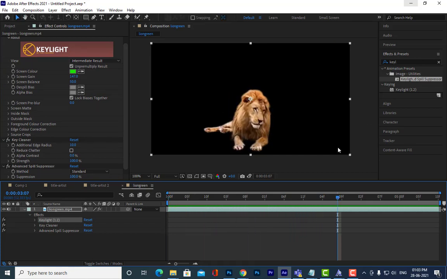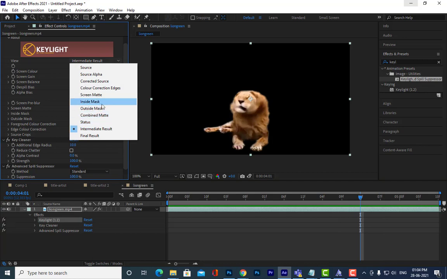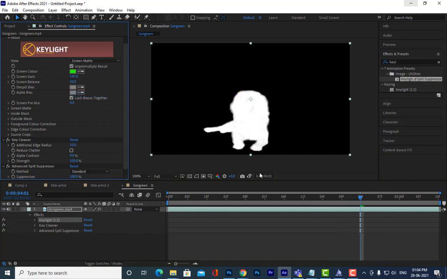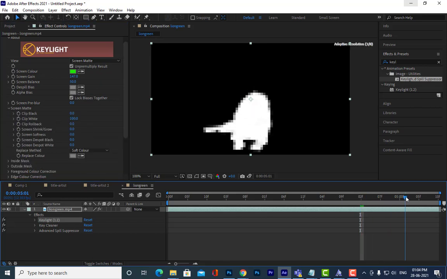Screen matte. Screen matte, huh? Okay, screen matte is also okay. You don't have to be worried, too much black is not there. Okay, anyways we can.